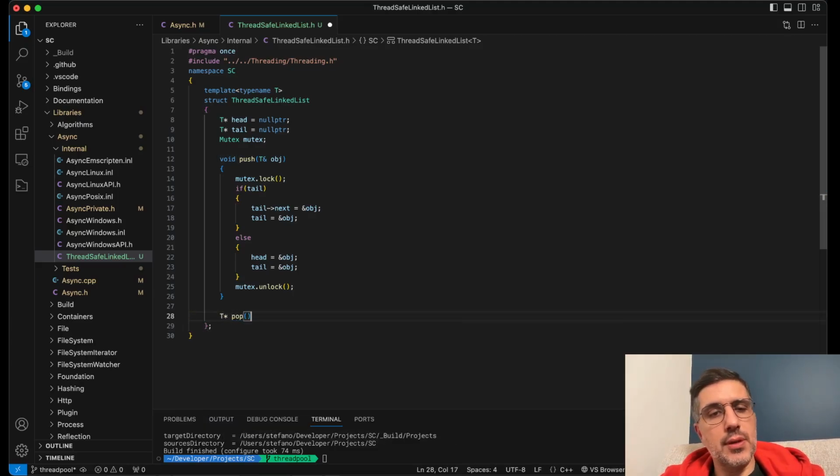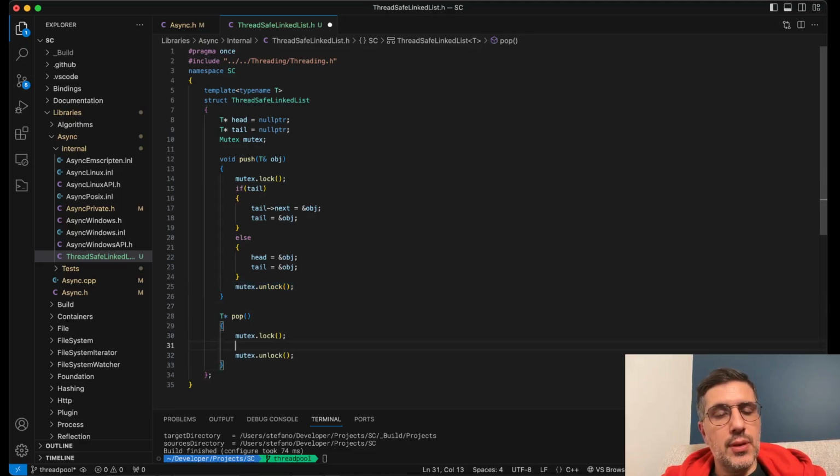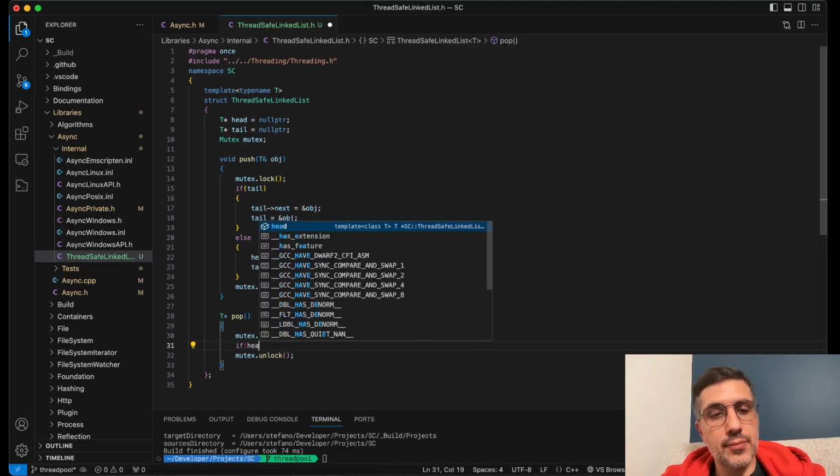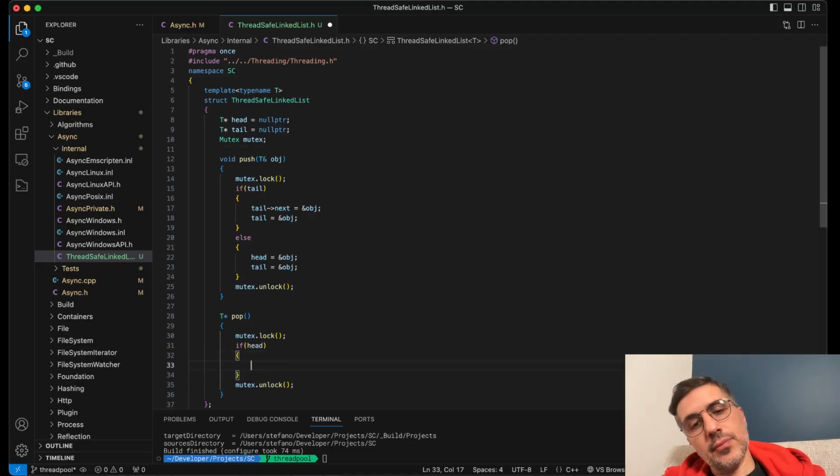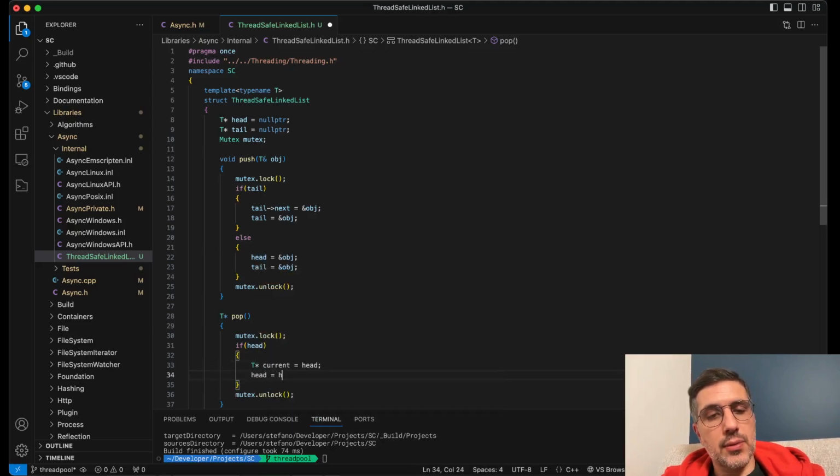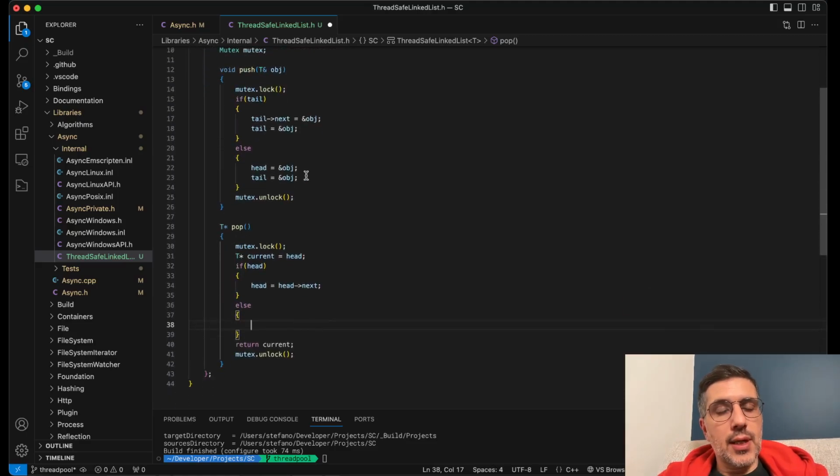And we want to have a T. We do a mutex lock and unlock. And so if tail, if head, T current equals head, head equals head next. Actually, we can do this anyway. Return current. Instead, if we don't have a head,